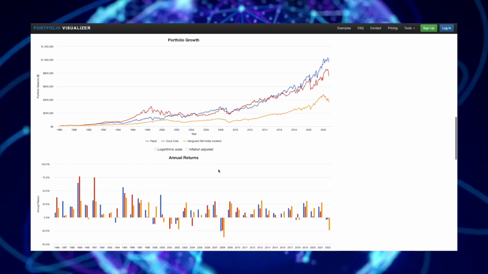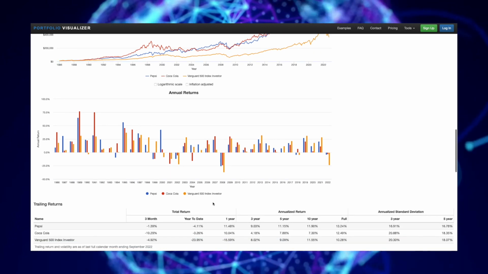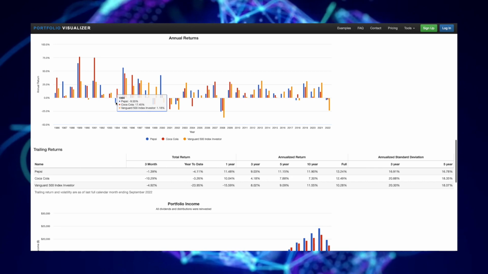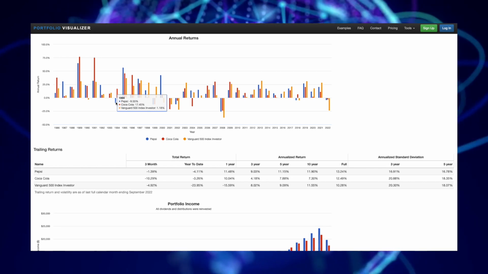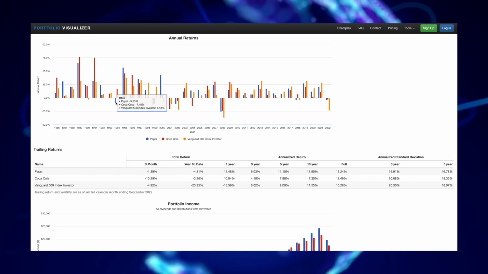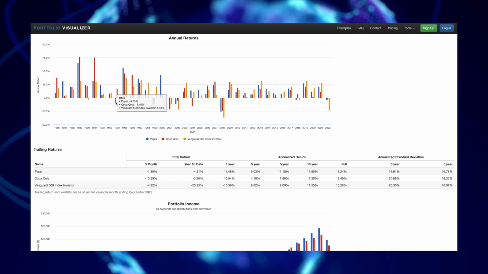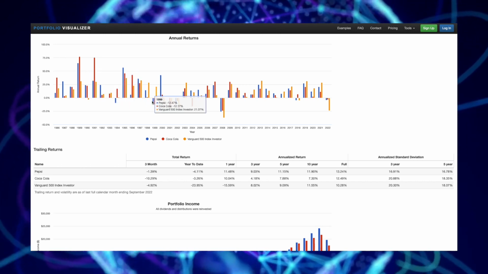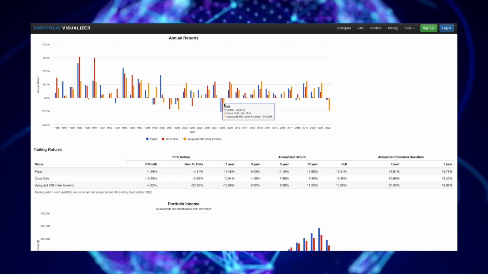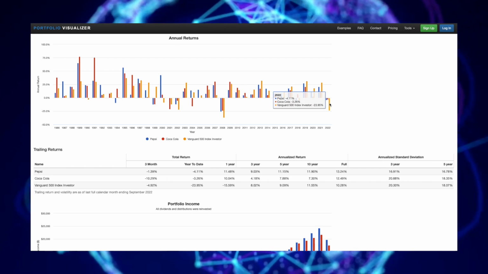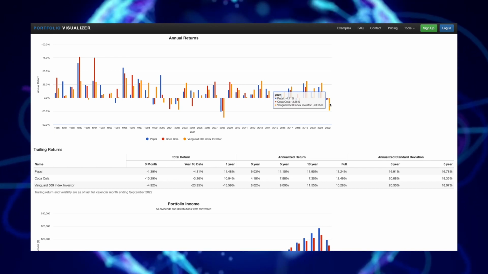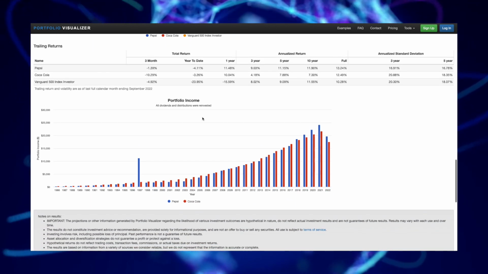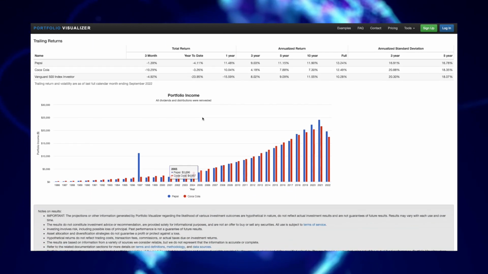And then we can scroll down and see the annual returns. See what year returned what. Look, this one is an interesting year. You can see Pepsi was minus, where everybody else was doing fine. Something happened there, 1994. And the same with some of the other years. Of course, we all know what happened back then, 2008, 2009. And right now, everything's getting hit. So, yeah. You can scroll down, see what the total return was, with months, with year, how the investment has